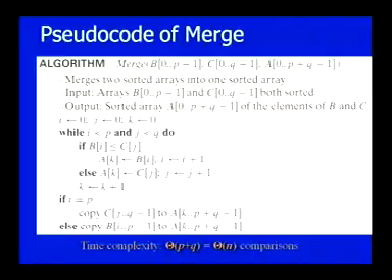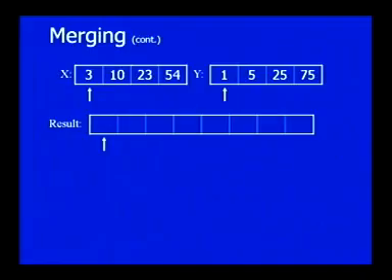So, the time complexity of merge sort depends on the number of elements of your sub array. Suppose P is the length of the first array, Q is the length of your second array, then the complexity analysis is going to be order of P plus Q. That means approximately it is order of n. Okay.